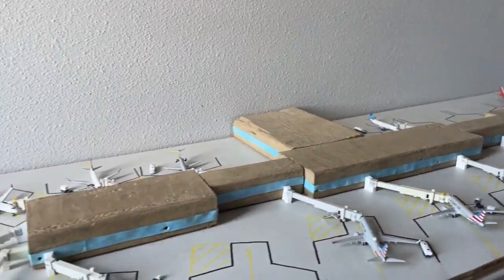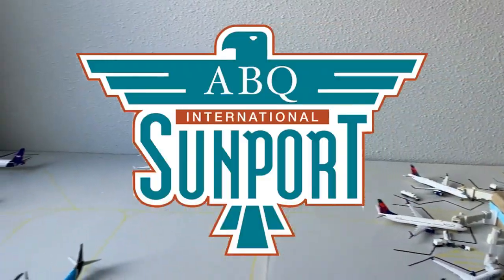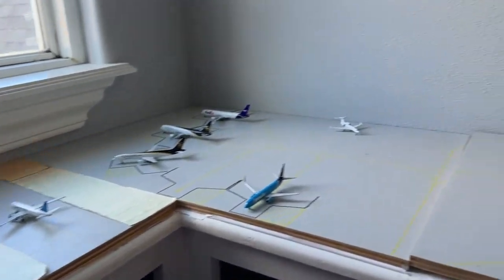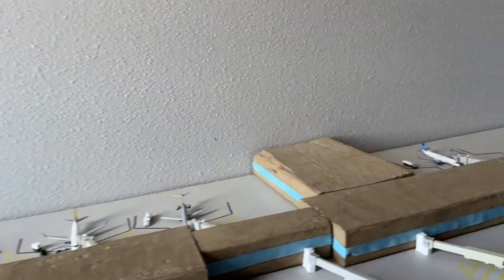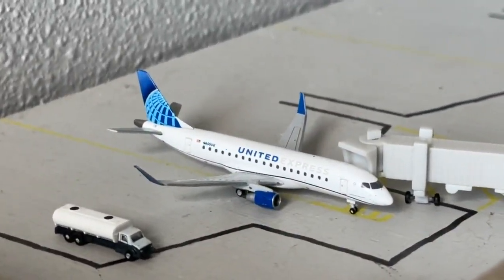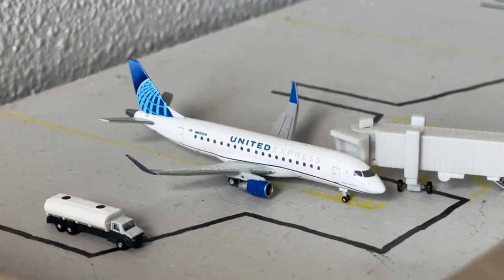And today we have the April 2024 Albuquerque Sunport International Airport update for you all. I really hope each and every one of you are excited for today's video, as today we have a very exciting Albuquerque update in store. We got some various aircraft changes, some new movements, and so much to dive into in today's video. I really hope you all are excited for this, and we're not going to waste any further time and go